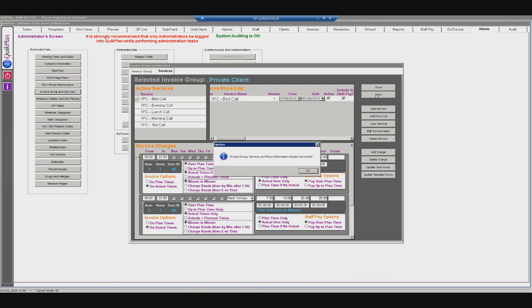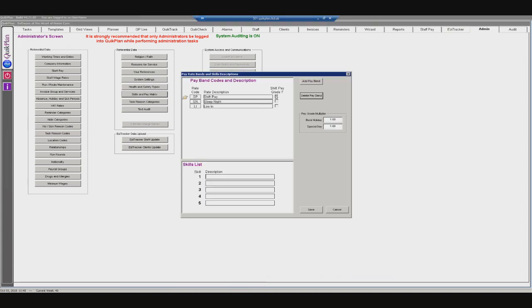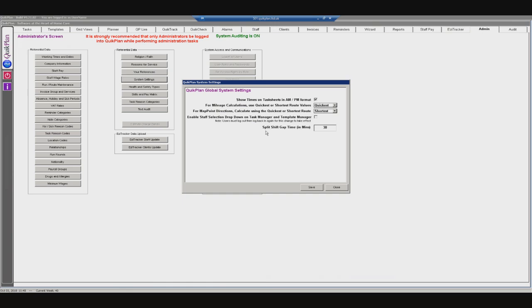So I've gone through and I've made sure these services are all set up for included shift pay. What I need to do from here, in your skills and pay matrix, it's always making sure that your shift pay grade is selected in here. And then from there, one extra thing you'd need to do is go into your system settings in the admin. And you've also got your split shift gap. So currently this is set at 30 minutes, but you can change this to whatever you'd like and the tolerances you need to set. So if I leave that at 30 minutes,